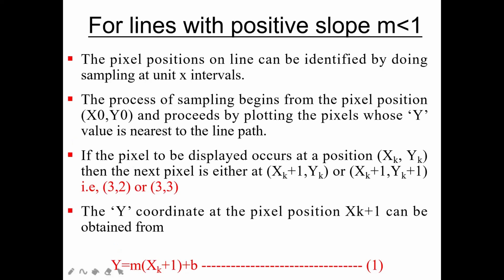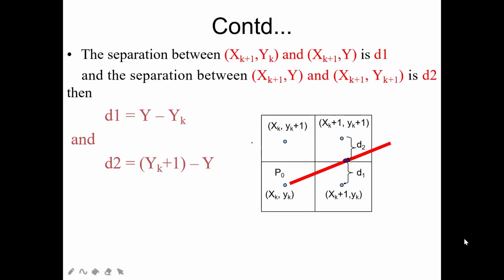Okay, so now you understood this line. Moving towards the next slide here, according to our algorithm we have to find out the separations. So two separations we are going to find, and that difference value we have to store in d1 and d2. So now how to find out d1?